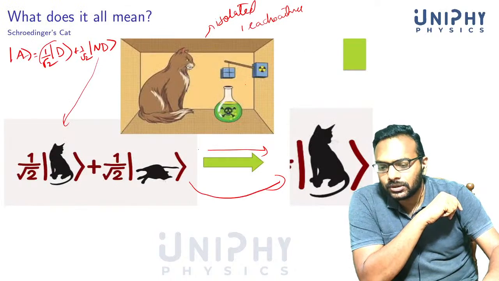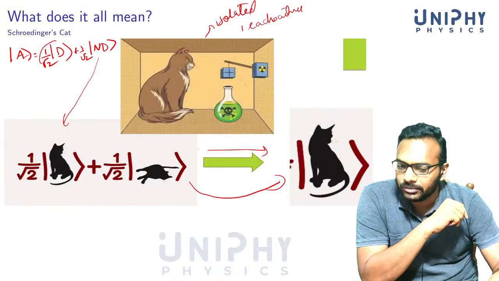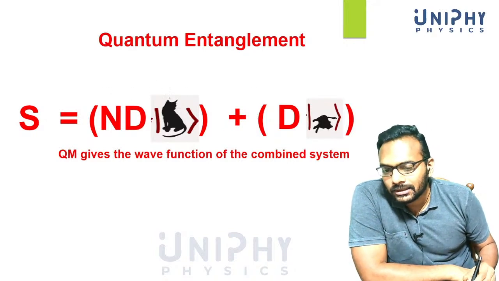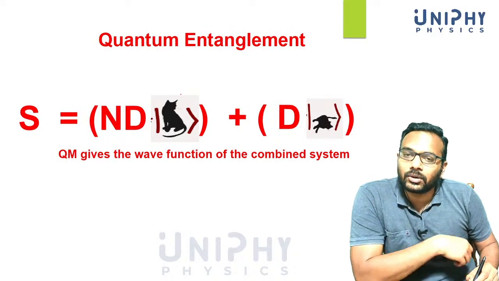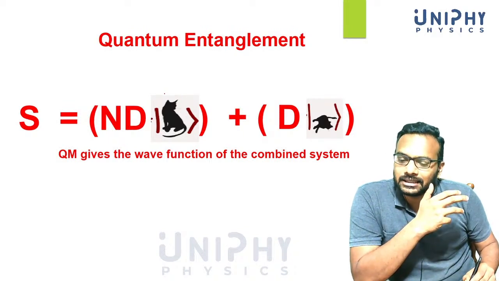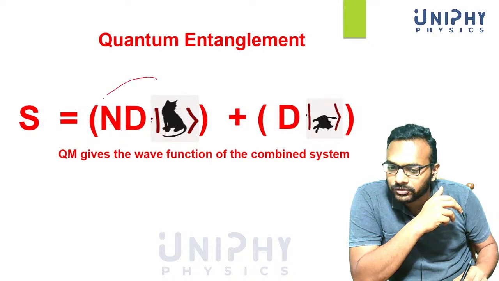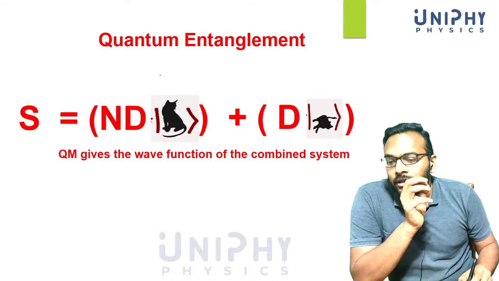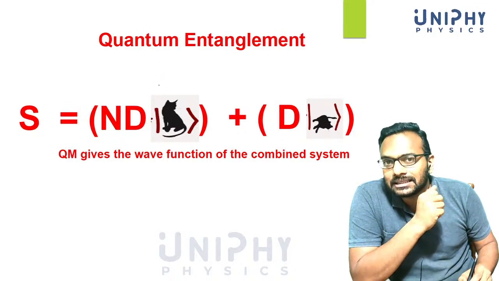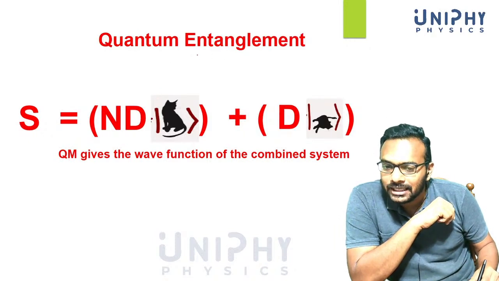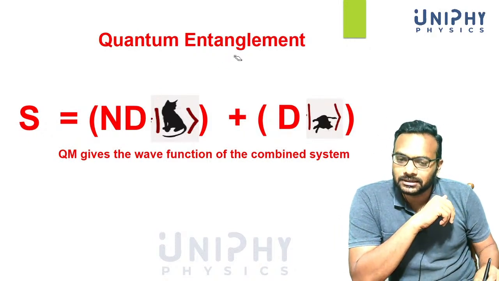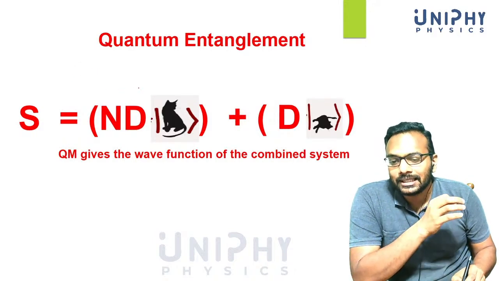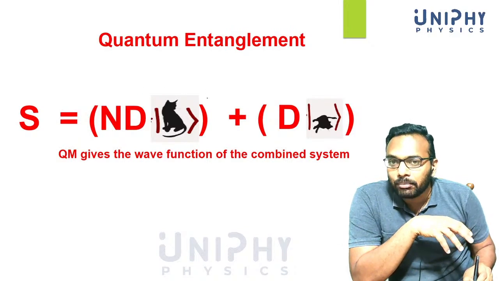So in the many worlds interpretation, what happens is this. When I showed the state of the cat, I was actually cheating a little bit. The actual state is given like this, because the cat alone does not have a definite state. What we have is an entangled system of the particle and the cat. Once the particle and the cat or the box have interacted, we don't have separate wave functions for the system. What we have is an entangled state. That's what quantum mechanics predicts. So after the atom has decayed, we don't have separate wave functions for the cat and the atom. We only have a combined wave function.